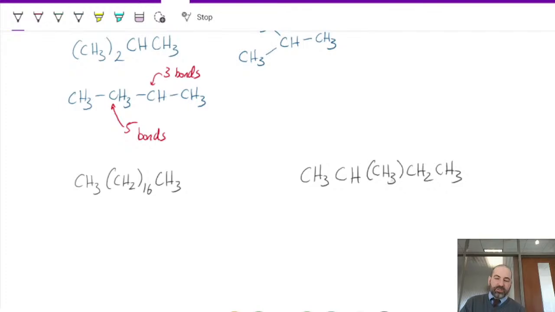We know that CH3 can't be in the middle of the chain because there'd be too many bonds for that carbon and not enough for this other one. So what this means is that the CH3 is actually coming off of the CH,